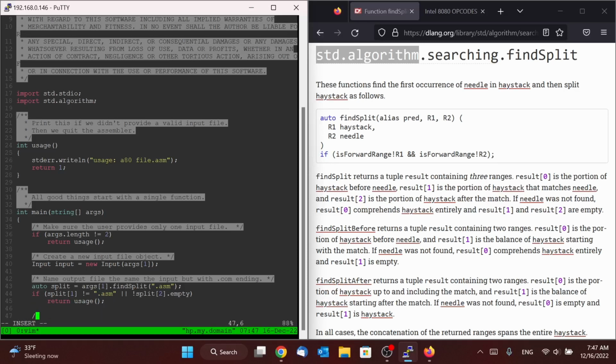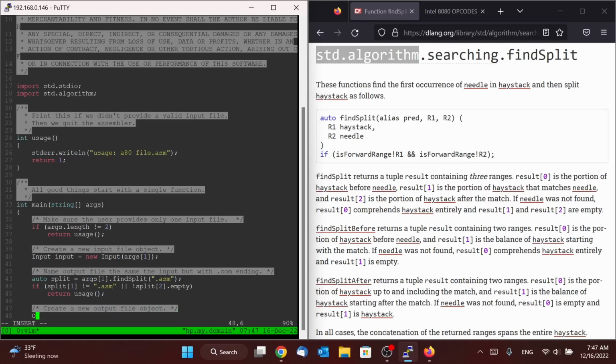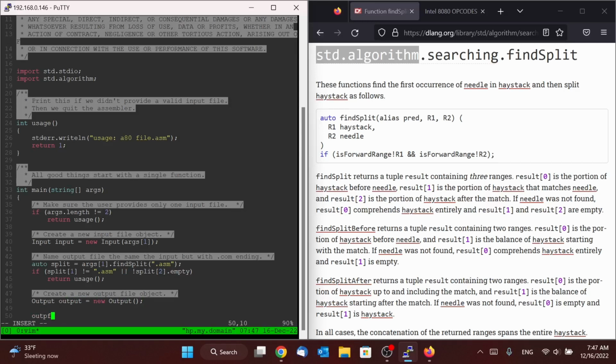All right, and then we will need to create a new output object. And again, we're going to cover our objects in the next video. So for now, we'll have an input object and an output object, and we'll just say new output. Our output objects will have a file property, which will be the file name.